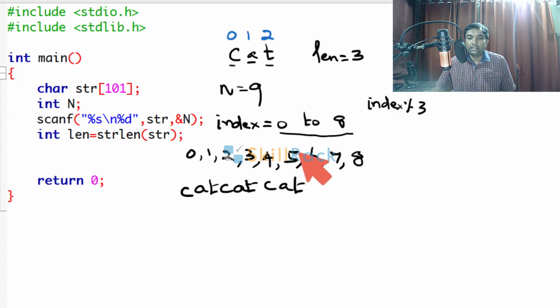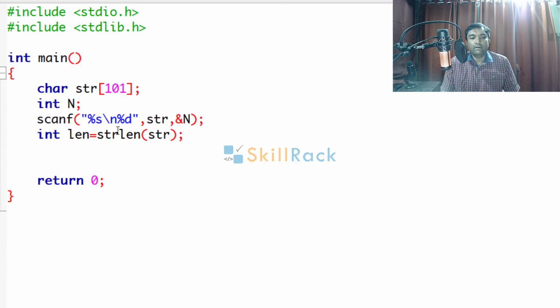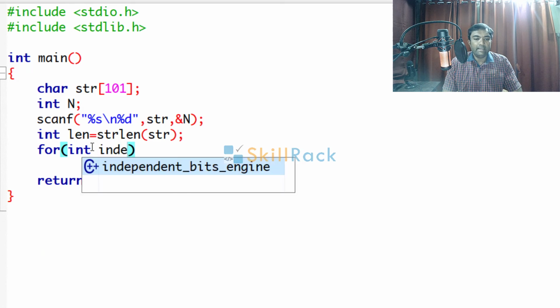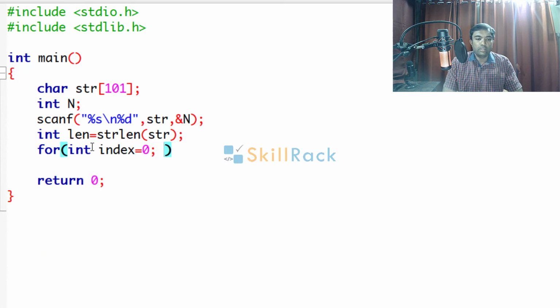Now let us follow this approach to solve the program. Already we have accepted the string value and n, and also we have calculated the len. All we need to do is have the loop. We'll say int index is equal to 0 and index must go till n minus 1, so we are saying less than n.